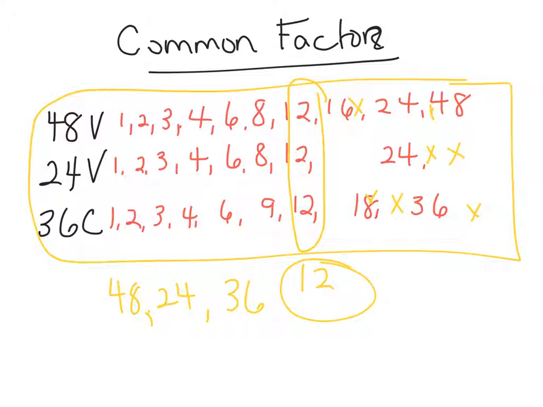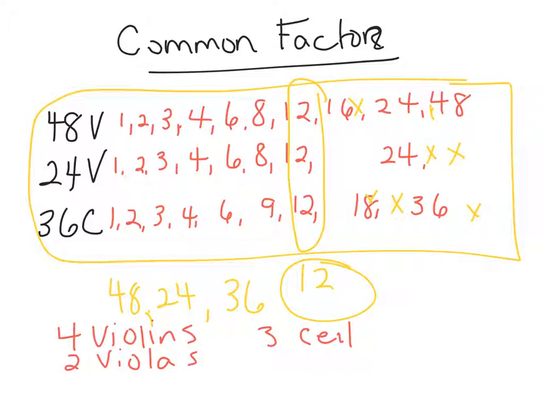And so that means that each ensemble will have 4 violin players, 2 viola players, and 3 cellos. Just a note that the common factors here, precisely, I said it a little bit,